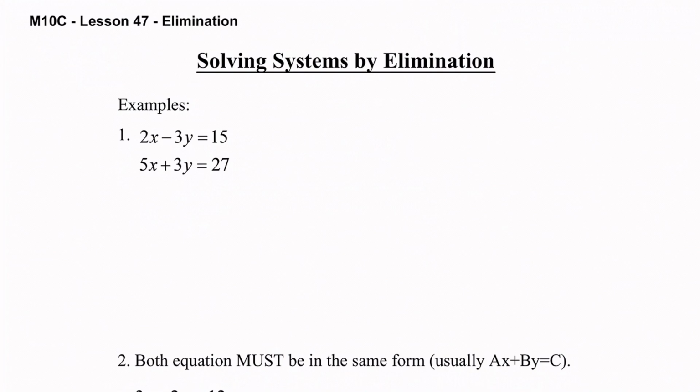So the idea behind elimination is that you want to eliminate one of the variables, because let's say we just had this equation here, and if I was able to eliminate this 2x, then I'd only have minus 3y equals 15. It's a lot easier of an equation. So that's the idea. You're going to eliminate one of the variables. And the way we're going to do that, we're going to use a second equation to eliminate something in the